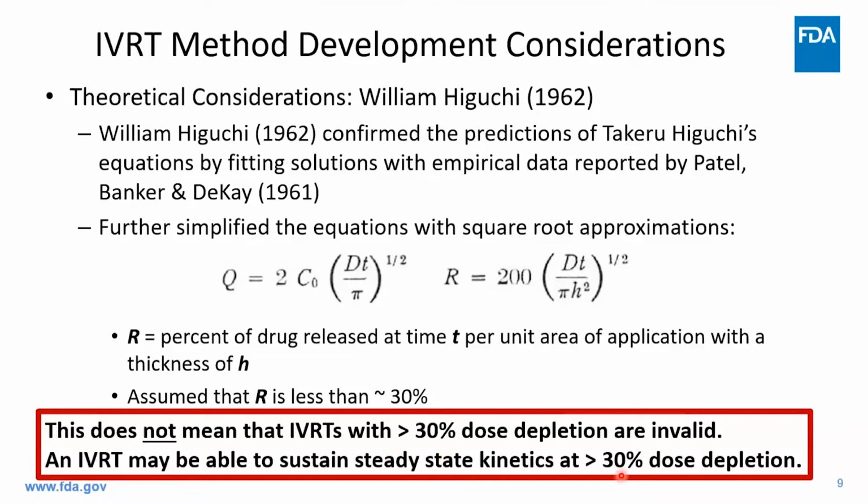And I mention this because we've seen IVRT methods that look excellent, but, let's say after 3 hours, the dose depletion might be above 30%, and people truncate them because of a concern that they violated some scientific principle of the test. So that's why I wanted to clarify that going beyond 30% is not a violation; you just have to look at the data and make sure that you still have steady state